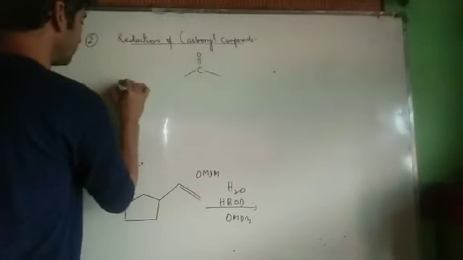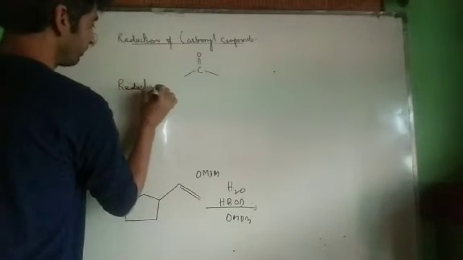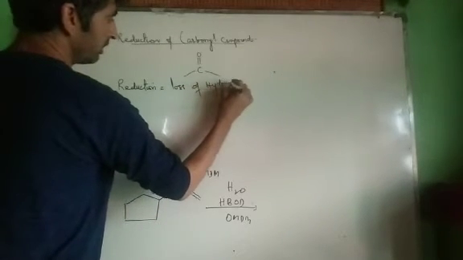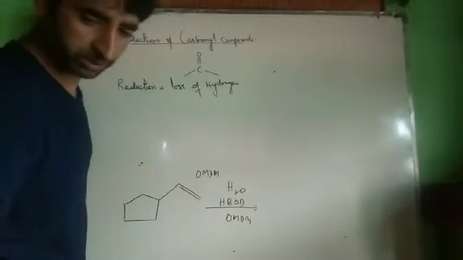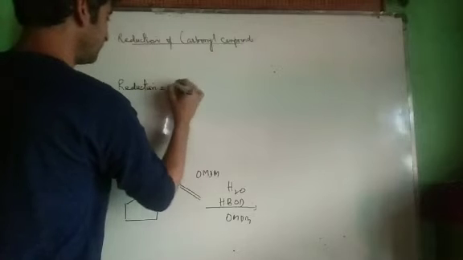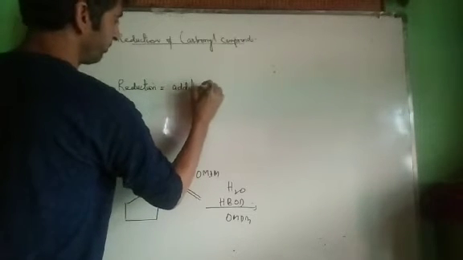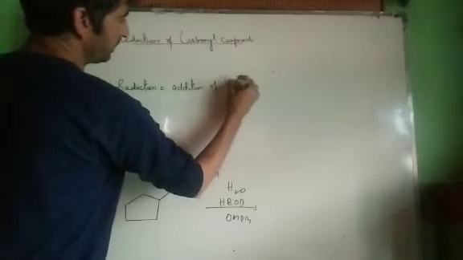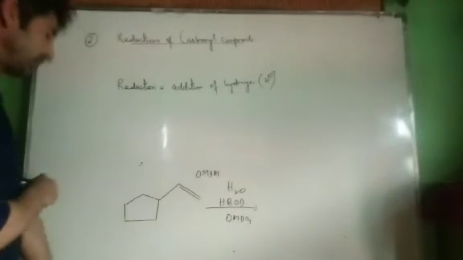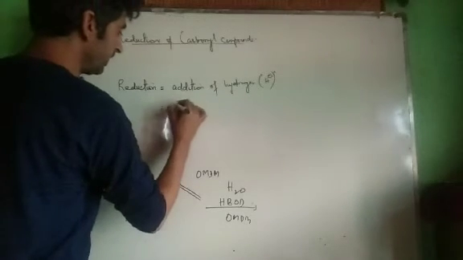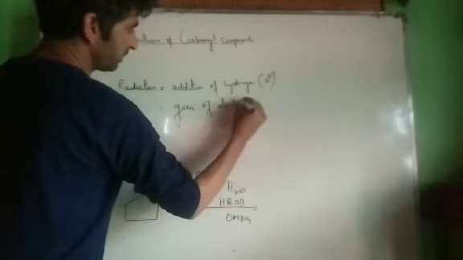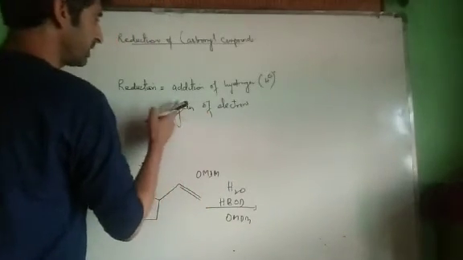Now there are different classes of these carbonyl compounds. We have aldehydes, ketones, acids, and derivatives of acids. They all are carbonyl compounds. Now see, reduction can be carried out. First, what is reduction? Reduction is addition of hydrogen, as H negative ion, hydride ion, or it is gain of electrons, because in the coming reactions we will come across certain reactions where there is electronic reduction, for example, Birch reduction.